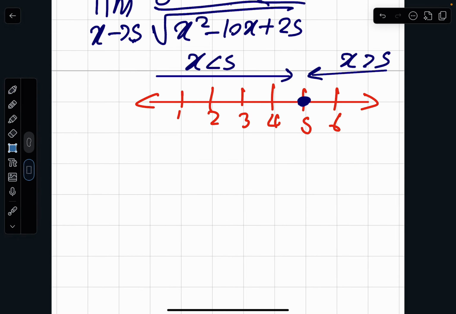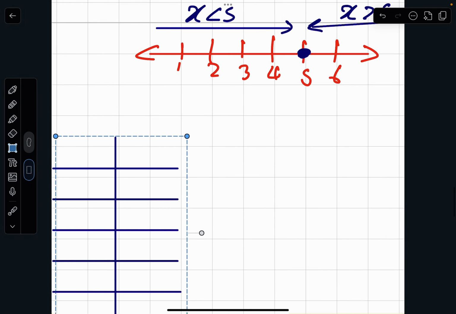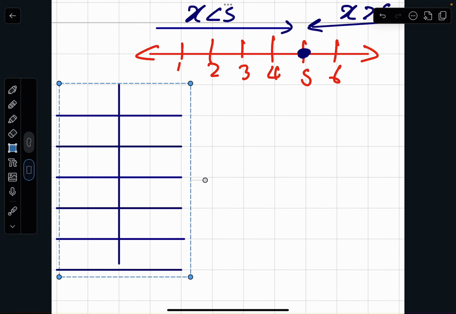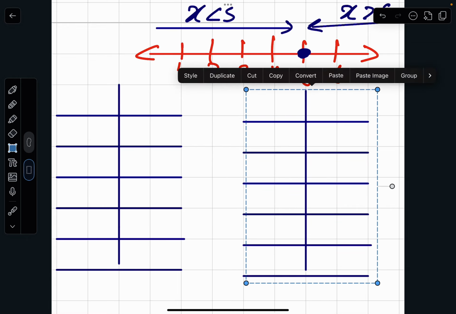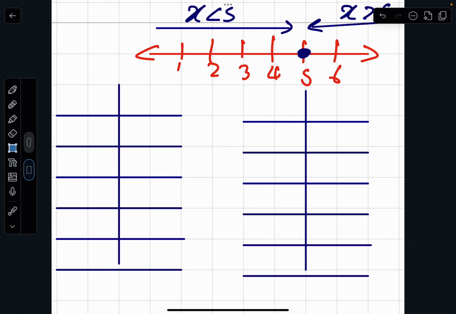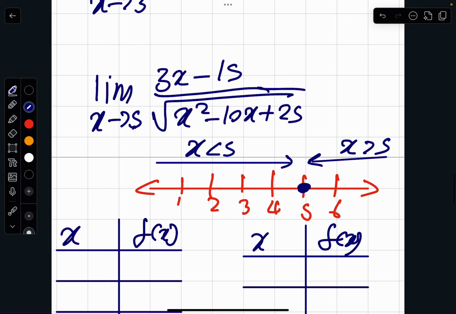So we are going to draw 2 tables that have 5 rows and 2 columns. First column is the values of x. Second column is the values of f of x. x, f of x. Don't forget that you must let